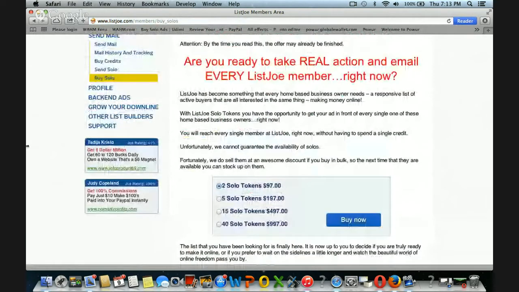These are run by a credit system too, and this is a little different. If you feel you're a little bit stronger, that you can write a compelling ad, or maybe you have one that you've used and gotten good conversions on, you can do this too. I've never done this.